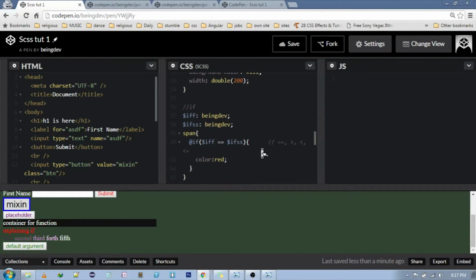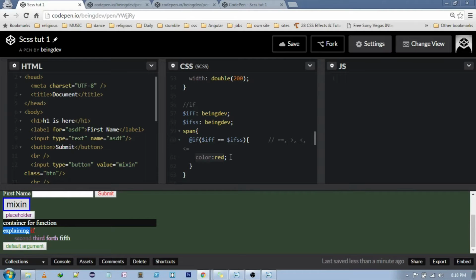and then if, let's say we have a span, and then in that we have used if. Inside of that we are comparing two variables. One is the first, and then this is the other one. If that comes out to be true, the color will be red. Explaining if. See the span, and here the color is red. Okay, let's change it to blue. See, it has changed to blue. Explaining if. Okay,